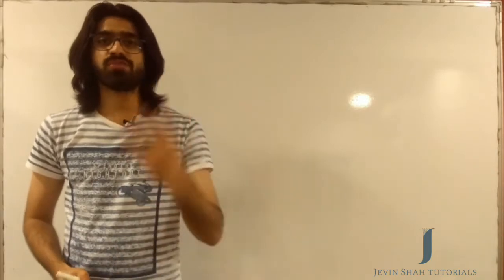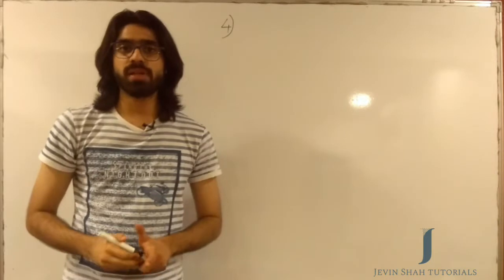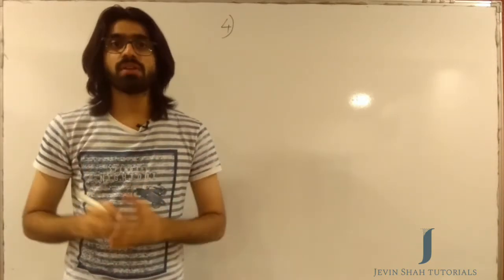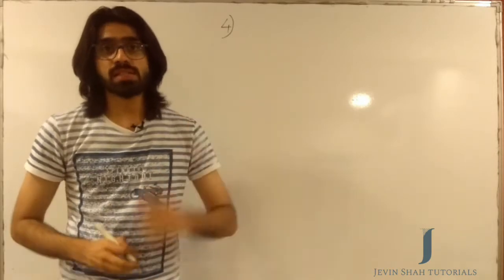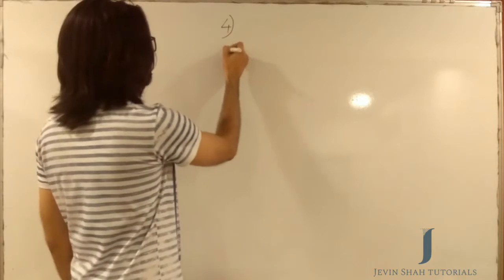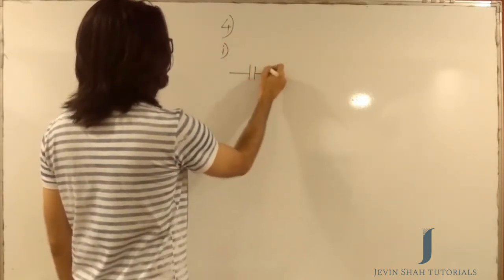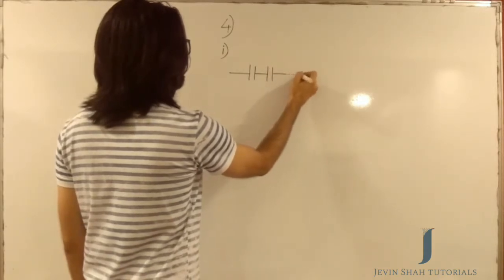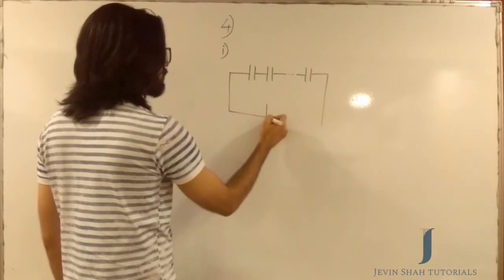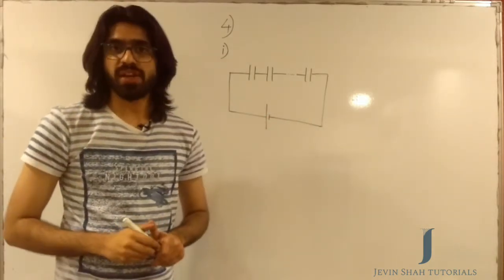Let's go ahead with the fourth formula. Here is where you will be learning how you calculate the effective capacitance when you're connecting n number of capacitors in series or in parallel. Let's go ahead first with the series combination. So let's say you have n number of capacitors connected in series with a battery, and in this case what you're trying to find is the effective capacitance.